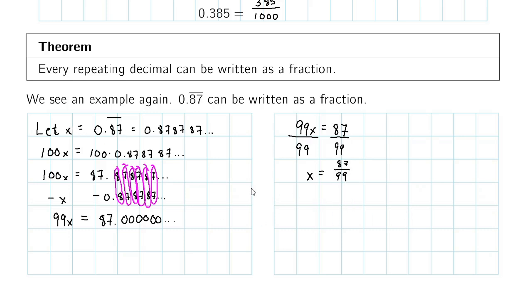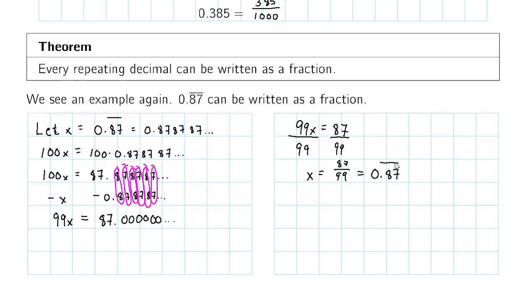But I started out by saying x was 0.87 repeating, so 87/99 must be 0.87 repeating. And again, this is a game that we can play with any repeating decimal. If we have a more complicated pattern, this game gets a little bit more complicated, but any repeating decimal we